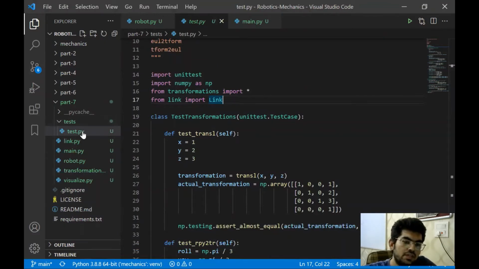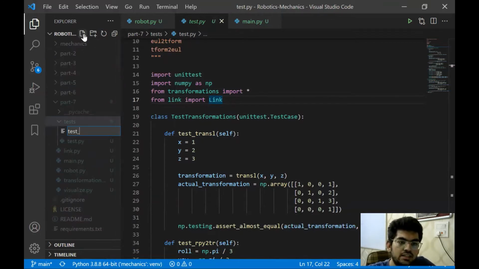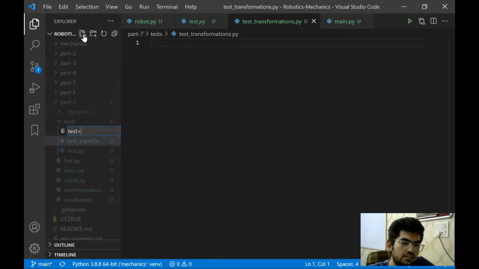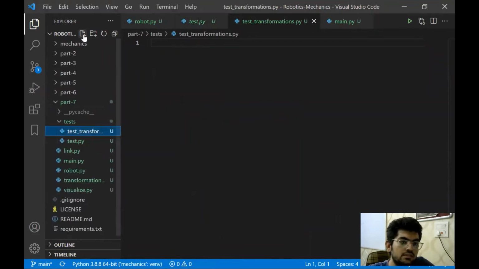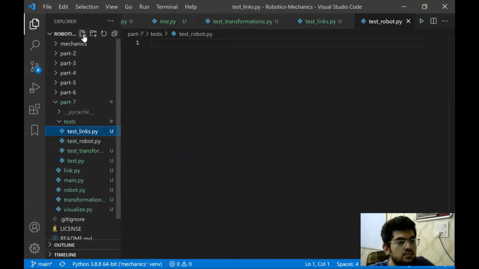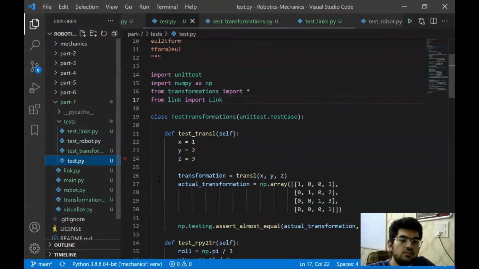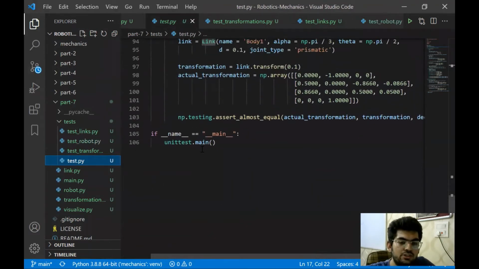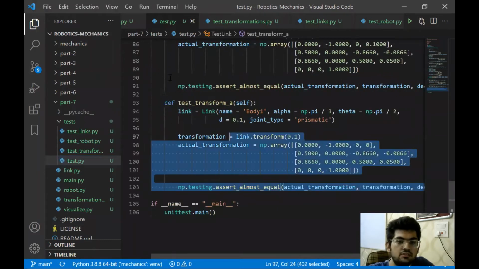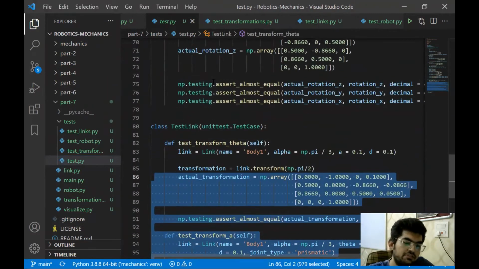Okay, now we have test.py over here. Let's create 2 more files, which are test transformations, test links, and a test robot. 3 files. Now in the test.py file, we are only going to have this, if name is main, unittest.main, and the rest of it we are going to put in the separate files.